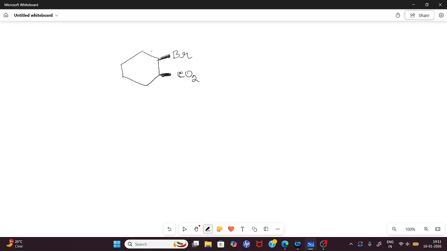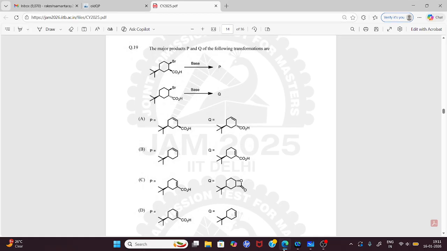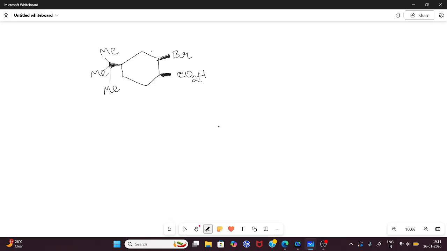So this is CO2H, and basically here are your methyl groups, and this is also the above stereochemistry. So if you look at this particular stereochemistry and convert it to the chair conformation, what you get is basically